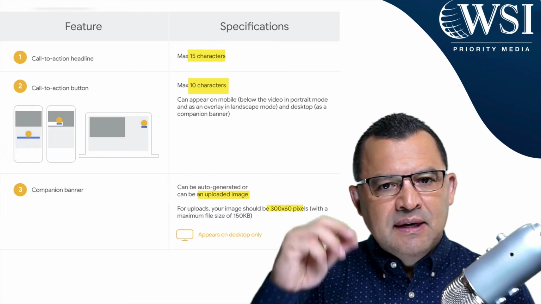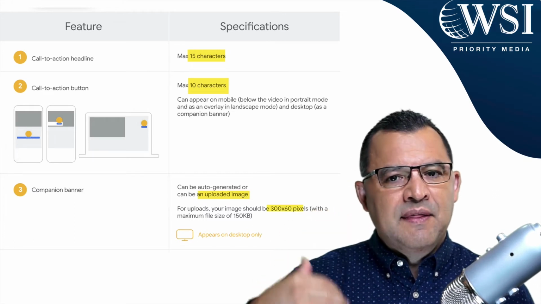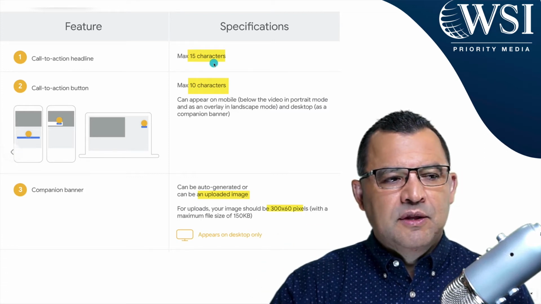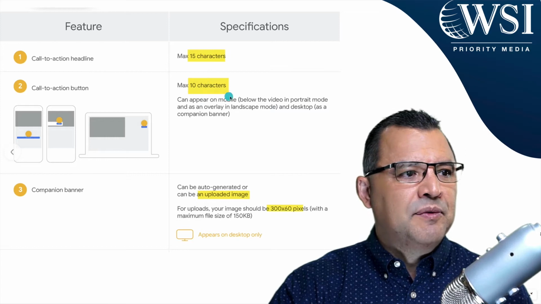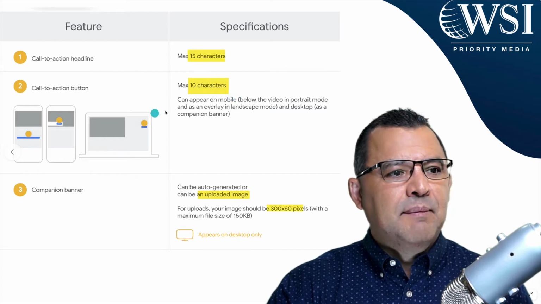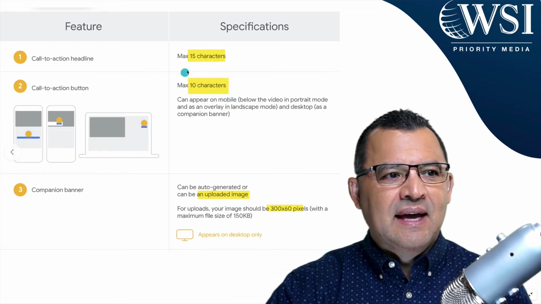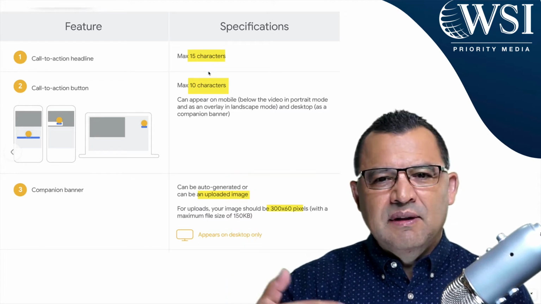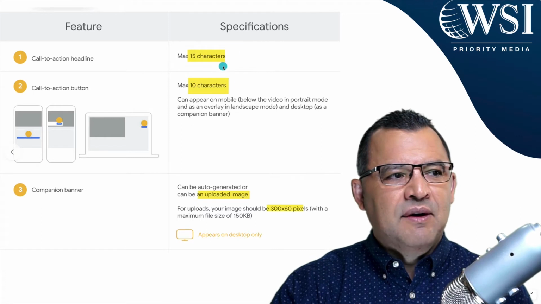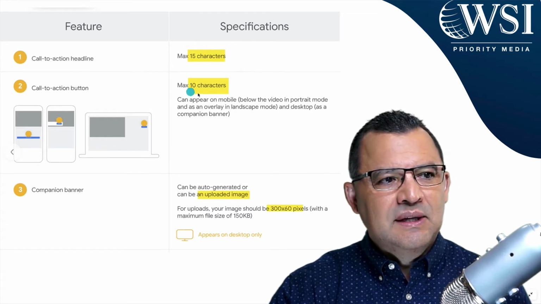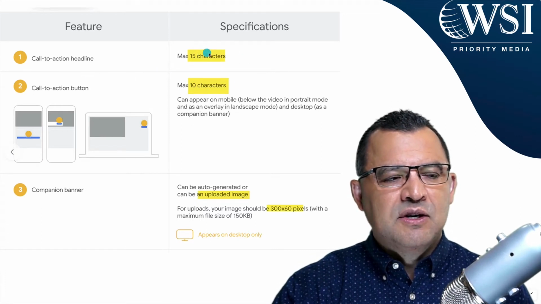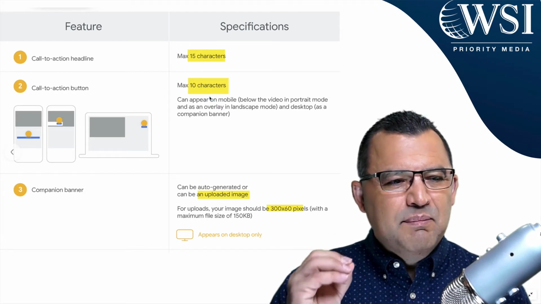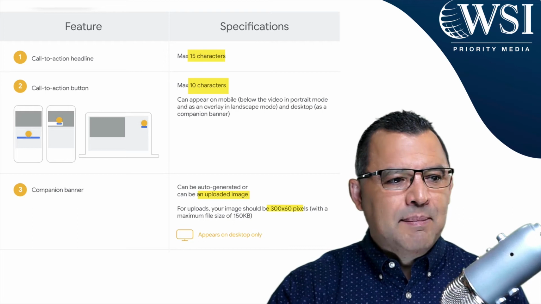You've got that button. The eyes are going to usually go there, and the clicks very often are going to go there. So you want to make sure that you're really planning within those characters what you want to be able to say. And I'm sorry, the button is 10 characters. The headline is 15 characters. A lot of times I see people just put the same thing. They're lacking creativity. They work together, right? Your headline should really lead to your call to action button. So you got 15 characters and then 10 characters. Again, they'll go quickly. So really plan that out and play with the copywriting on that.